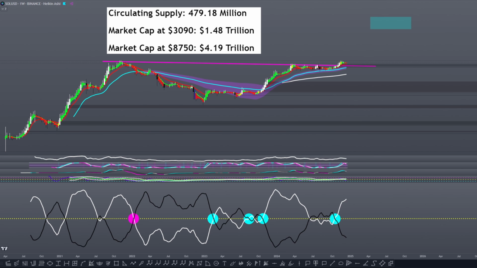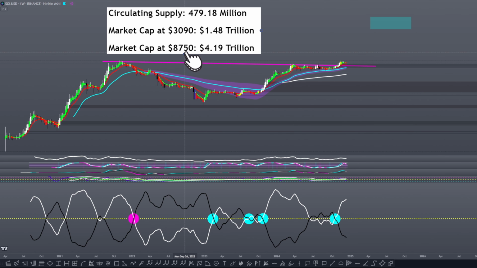Moving in here to Solana, I've covered it many months ago, but I haven't covered it recently, and I was just looking back at it again, and for whatever reason I forgot that it did a little over 100% during the last bull market. So just to quickly go over it, circulating supply approximately 480 million. The market cap at the lower bound price projection. Again, this is me superimposing my phase cycle or epic framework here onto the altcoins, utilizing Bitcoin as the prime mover. So somewhere approximately $3,000 would give it a $1.48 trillion market capitalization.